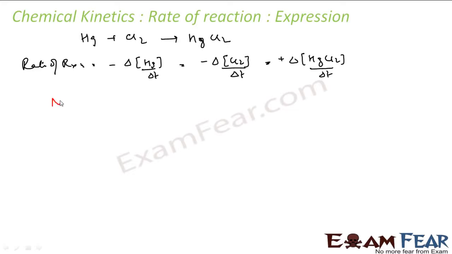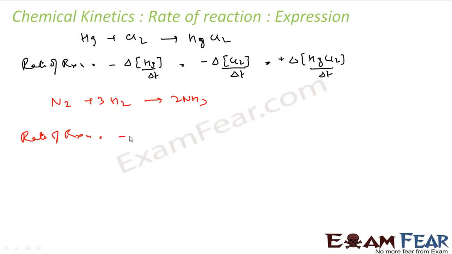We have, let's suppose, nitrogen that reacts with 3 moles of hydrogen to give 2 moles of NH3, all in gas form. Now if you see, the stoichiometric coefficients of the reactant and products are not equal to 1, they are not the same. So in this case, the rate of disappearance of any reactant or the rate of appearance of a product has to be divided by their stoichiometric coefficient. So in this case, if I want to write the rate of reaction,